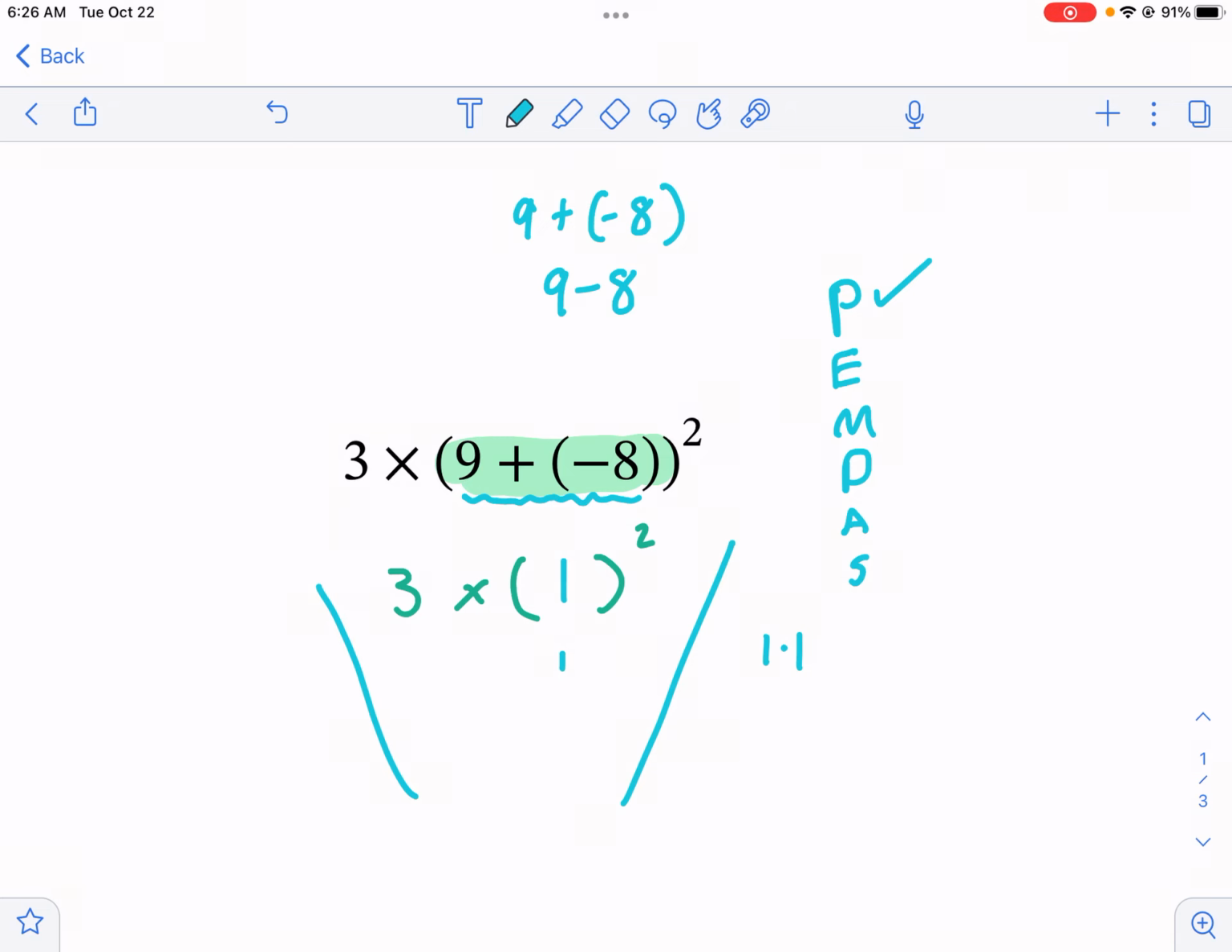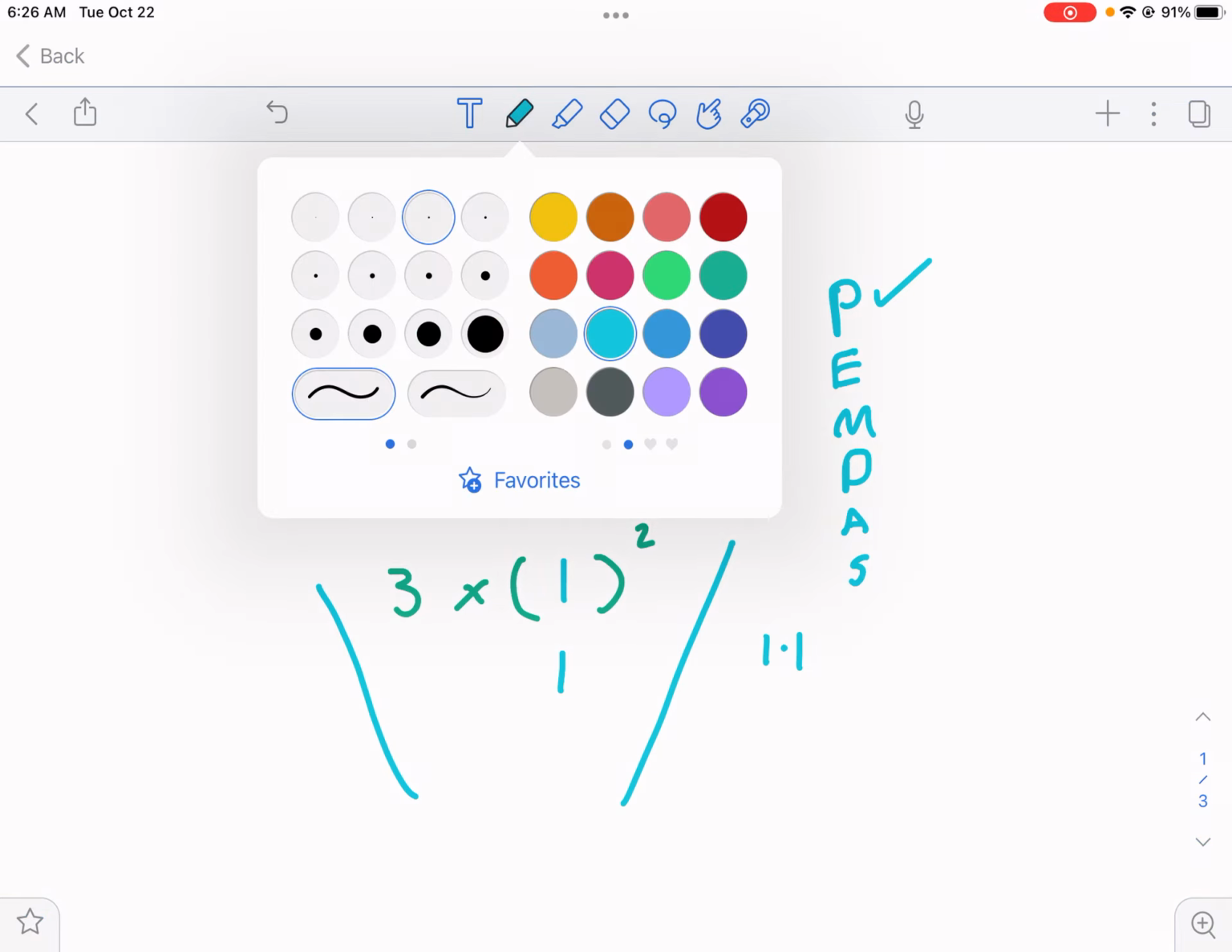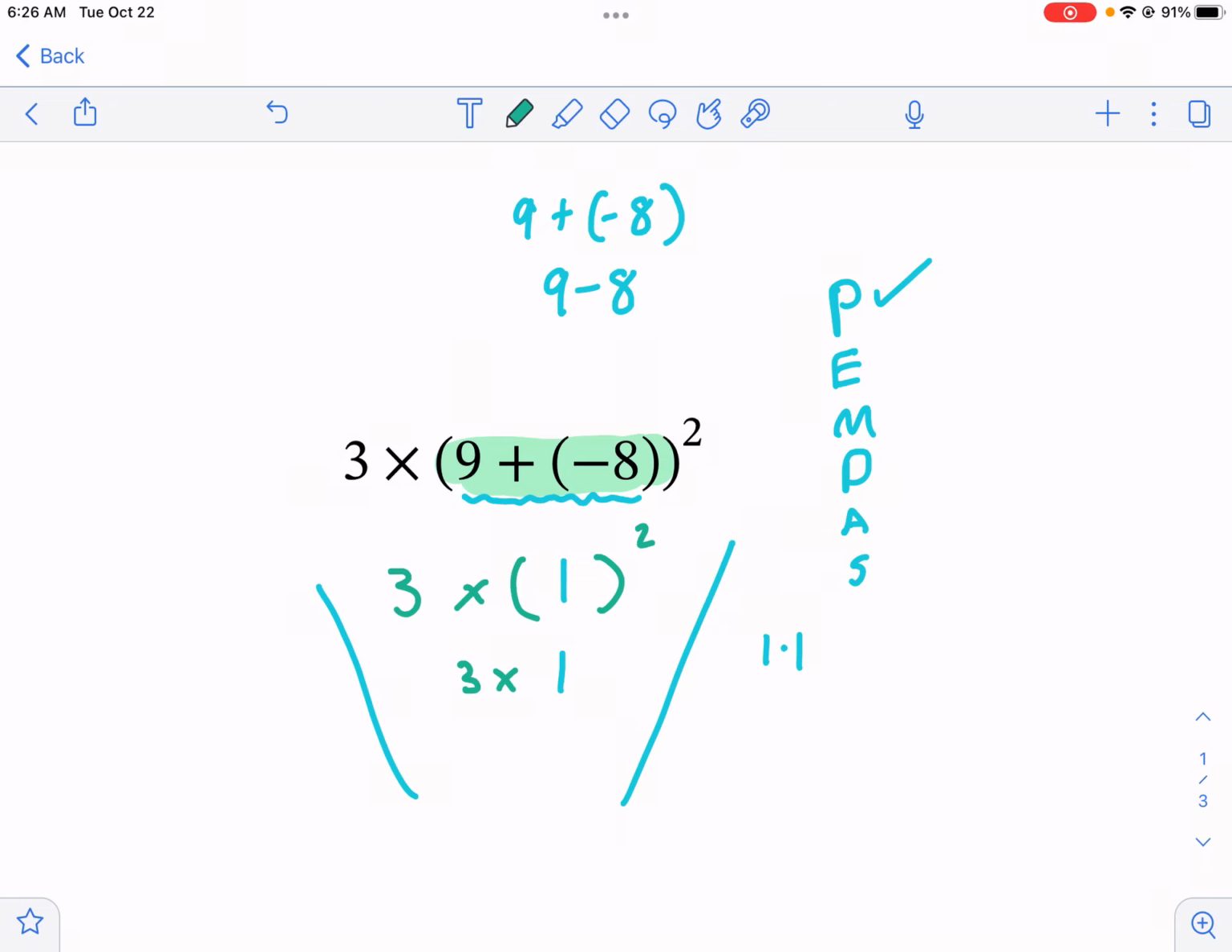So 1 times 1 is just 1, and then I still have this times 3 right there. So I have times 3. And then I just resolve this last step. So this last step I'm going to resolve, and I get 3 for my final answer, and I'm done. So I did my exponents. I finished with my multiplication. There was no addition, subtraction